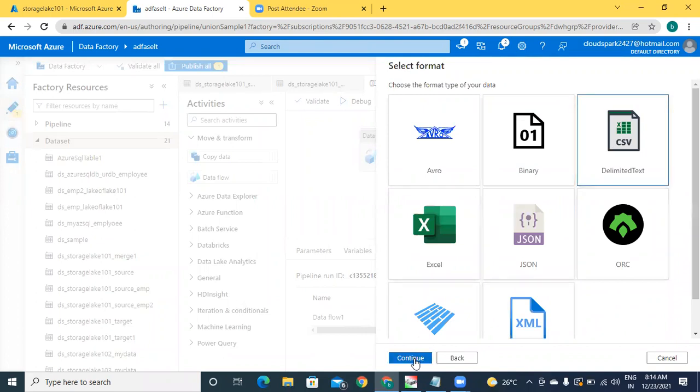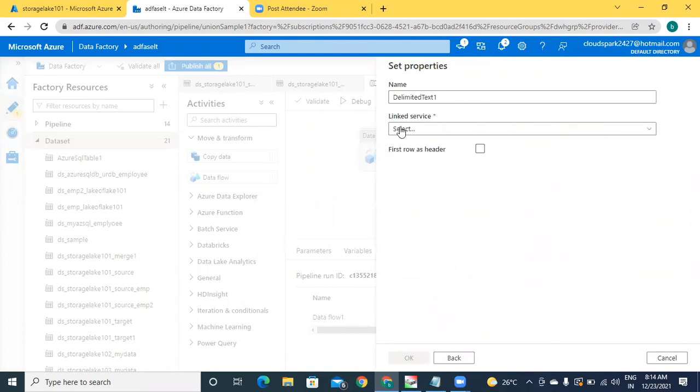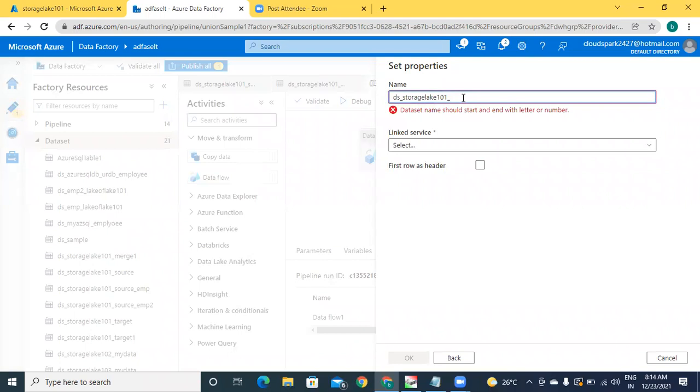The delimited format I have selected. The data set name ds underscore storage lake 101. In this example, my source and targets both are in same storage account. Even if it is different storage account, you need different linked service. That's it. The remaining process already you know in our previous examples.